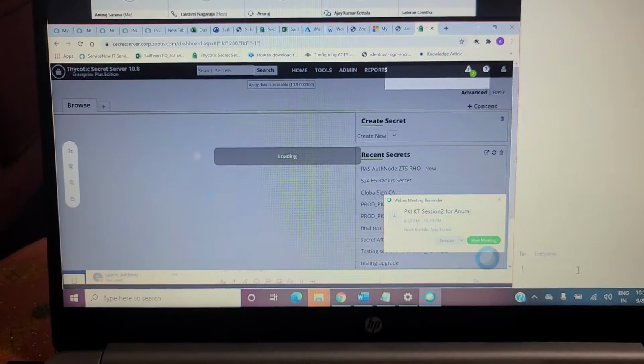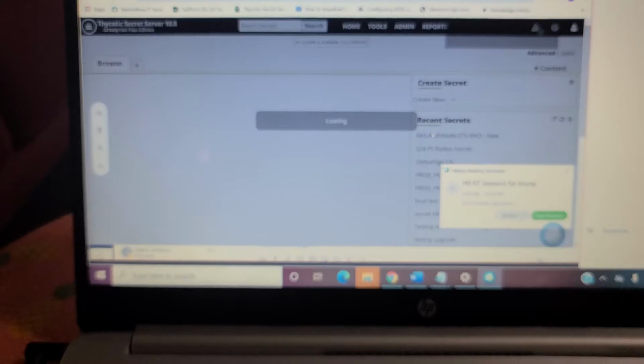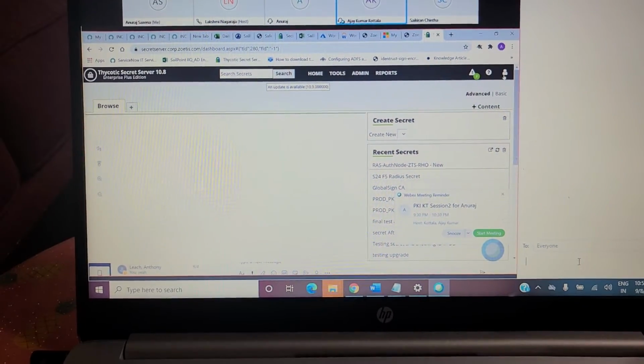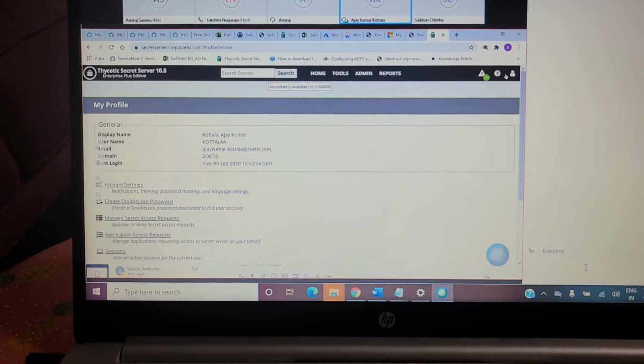This is actually an old UI. In the newer version of Secret Server, the UI has been developed differently. I'm switching to that UI. For some other reason I had used the old UI.